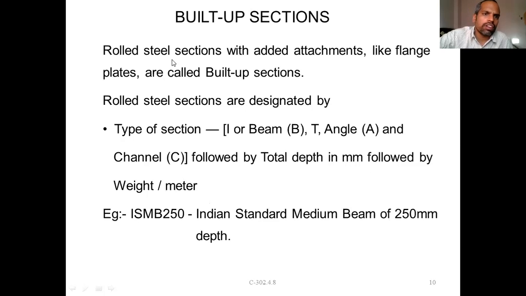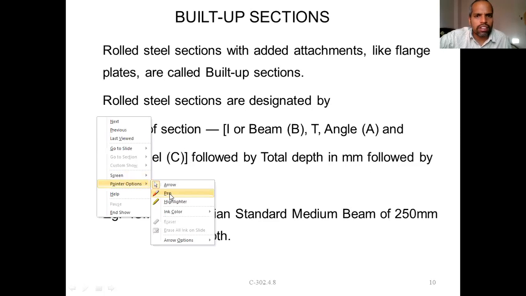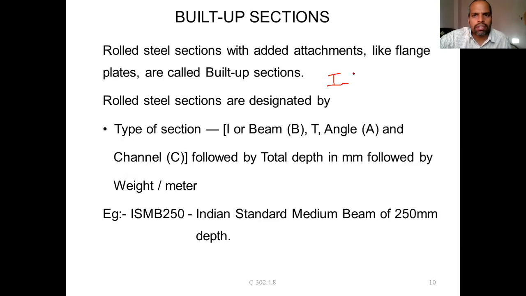What is a rolled steel section? Generally, rolled steel sections are mentioned with standard dimensions. While discussing our regular beams, we discussed that a rolled steel I section will be referred to as IS, Indian Standard, and MB, like this. Medium beam, HB means heavy beam, LB means light beam, WB means wide beam. So there is some terminology, up to this one it is Indian Standard: medium beam, heavy beam, light beam, wide beam.